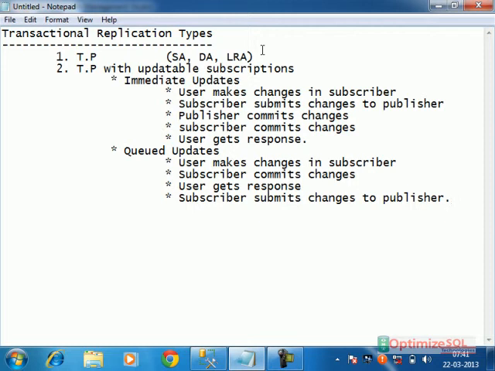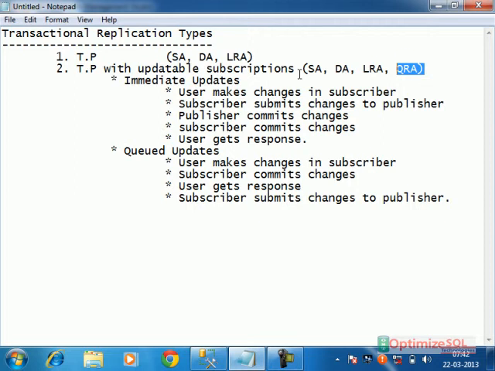Absolutely, if the transactions are very huge, then it is better to go with queued updates to get better performance. In case of queued updates, basically we need snapshot agent, distribution agent, and log reader agent, and an extra agent, the queue reader agent, which takes the changes from subscriber back to publisher directly.